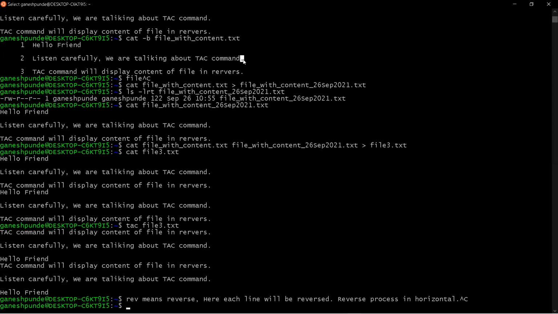Similarly, in this line the dot will be first. So instead of displaying like this, it will print a reverse line.